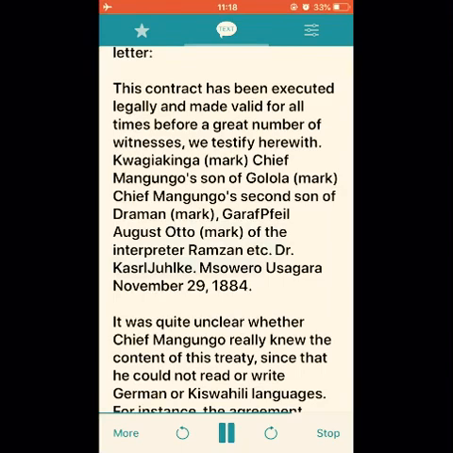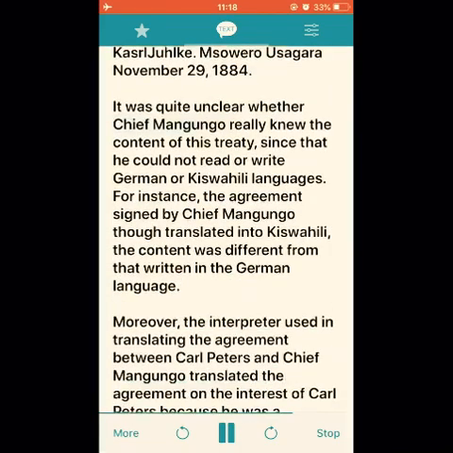Kasrul Julk, Mzawero Usagara, November 29, 1884. It was quite unclear whether Chief Mangungo really knew the content of this treaty, since he could not read or write German or Kiswahili. For instance, the agreement signed by Chief Mangungo, though translated into Kiswahili, had content different from that written in